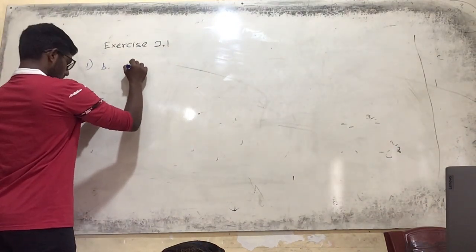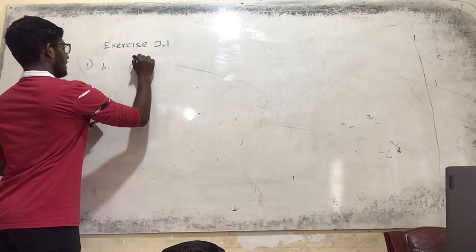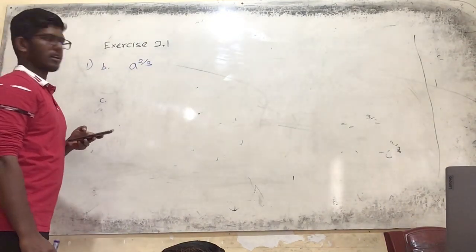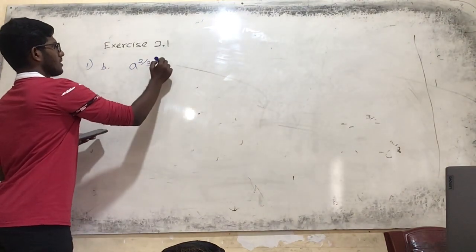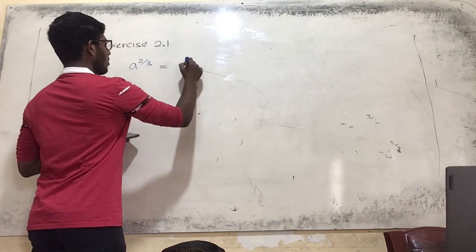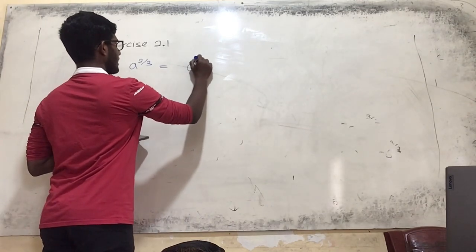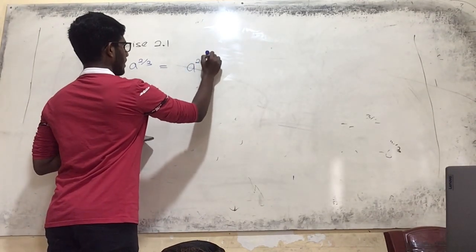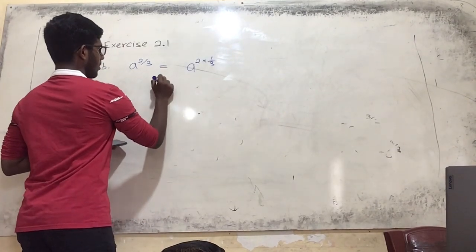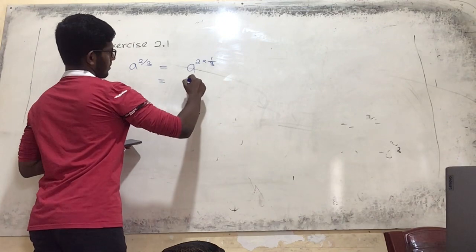So what do we need to do? We have a to the power 2/3, 2 divided by 3. So I'm doing something like this. Now, if you can do this only with your brain, without